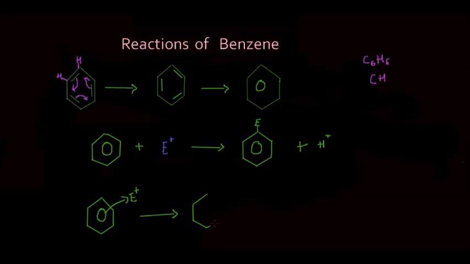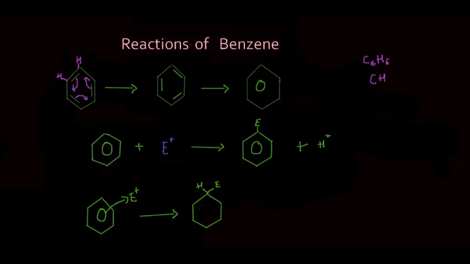As we have already discussed, out of the 3 double bonds, one of the double bonds forms a bond with the electrophile. Now with this carbon atom, hydrogen is still bonded here. So there are only 2 double bonds left inside the benzene ring,